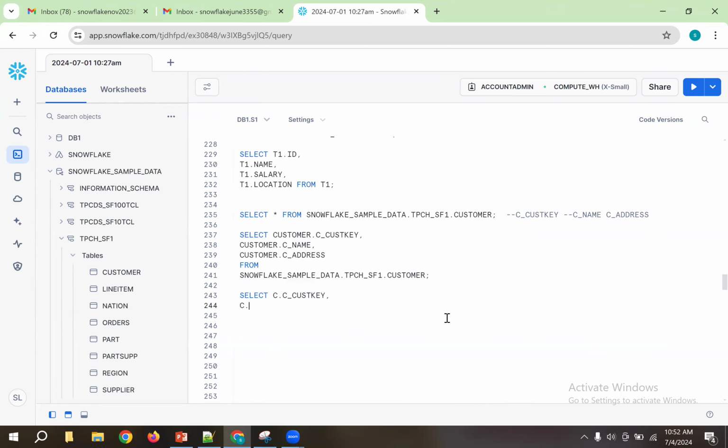Next, C dot C underscore name, comma, C dot C underscore address. For our customer table I am giving C, guys. If you want, you can give T, or something like C1. Any name you can give. And finally, I am going to mention from